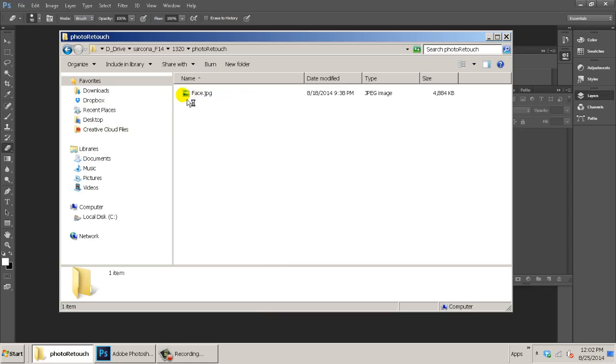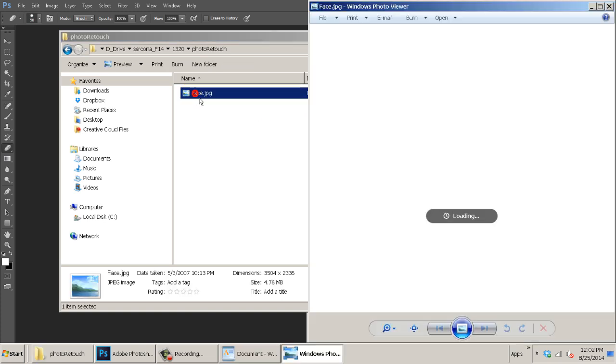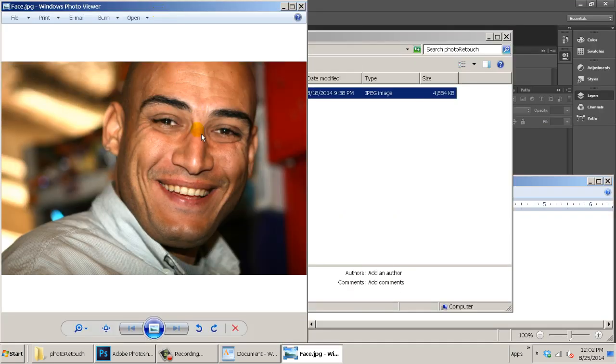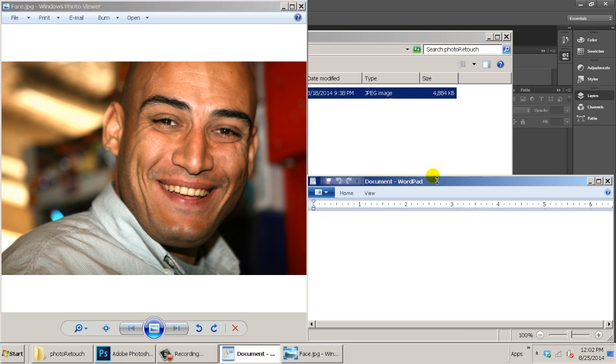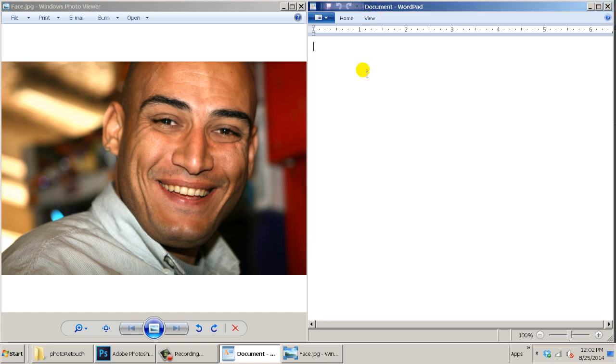Alright, so we're going to start our second assignment, and it's photo retouch. So I have this picture here, and you'll have this picture as part of your files. And we're just going to retouch some of the items inside of this picture. So the first thing I like to do is just kind of make a list of all the things I want to adjust. Okay, so right off the bat,